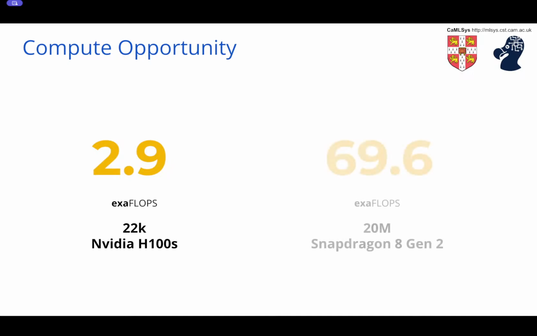And so let me show you this one: 70 exaflops. So where could you find 70 exaflops? That seems like a crazy number. Well, you can find 70 exaflops in just 20 million Snapdragon Gen 8 smartphones. And this is the number of smartphones of a particular class, I guess it was the S23 that Samsung sold in one year, about 2 years ago.